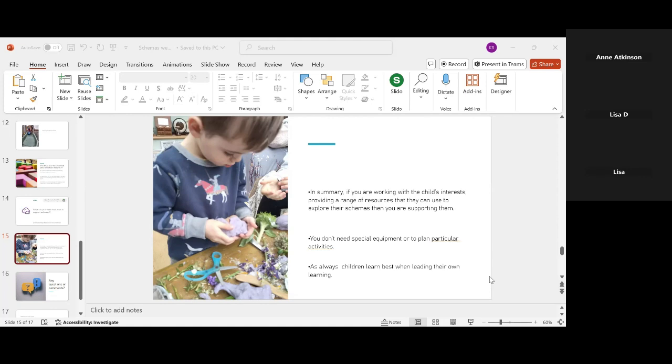So that's all you need to do. That is it. It's very, very simple. It's all about just knowing the child really well. I know you all know your children really well. I can tell by the questions you ask and the comments you make and things like the Slido. I know that you know all these things. But sometimes it's just good to think about, oh yeah, that is what I'm doing already. I am doing these things. So in summary, if you're working with the child's best interests,